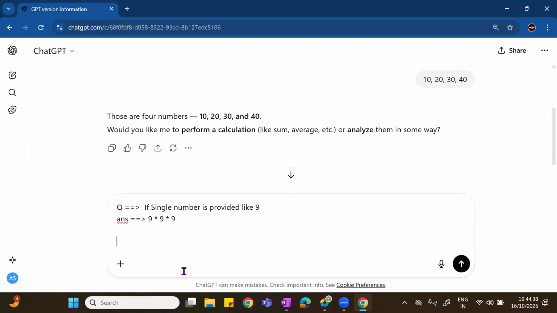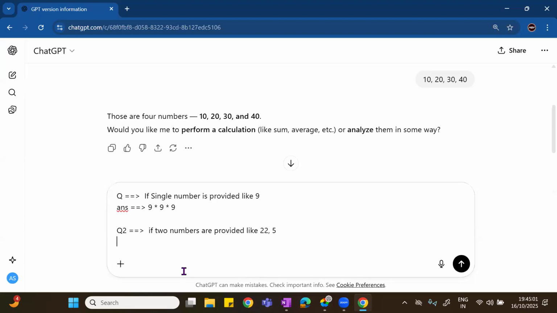Next one is question 2. If two numbers are provided, like 10 and 20, or 22 and 5, then the answer should be 22 into 5.